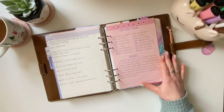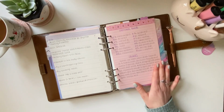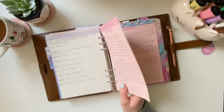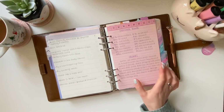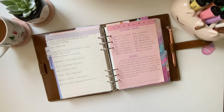Now the next two pages are basically outlines of our emotional needs, our emotional rights, boundaries, and how we can defend those boundaries both with others and also with ourselves. So the idea for this started a few years ago. I read this book, which I do have here,